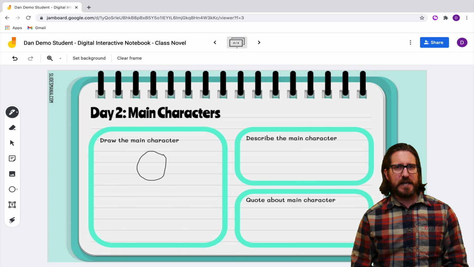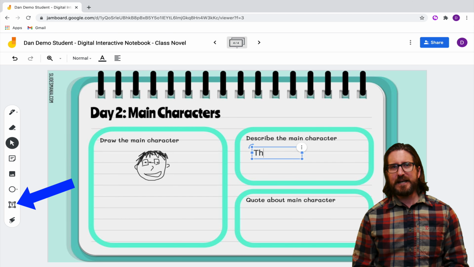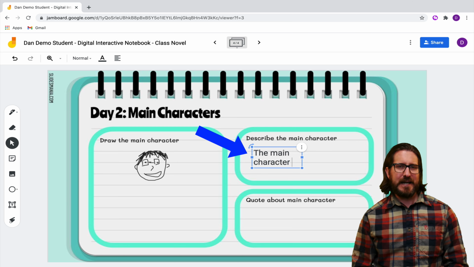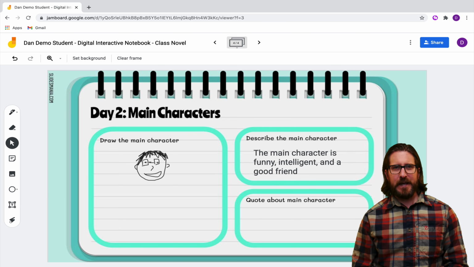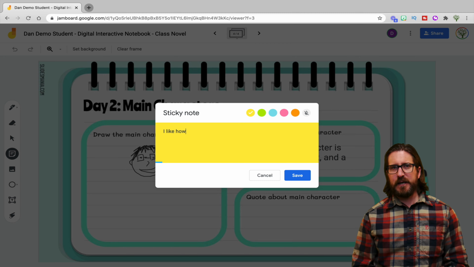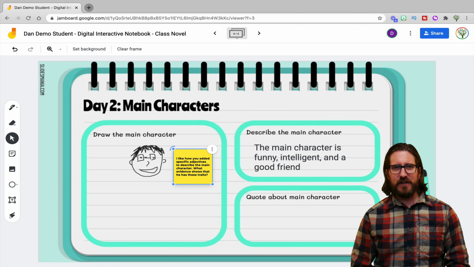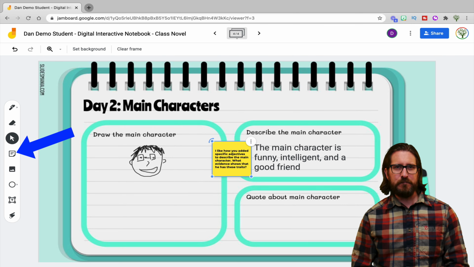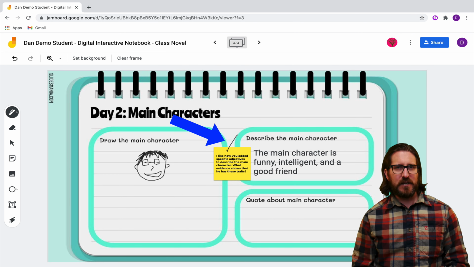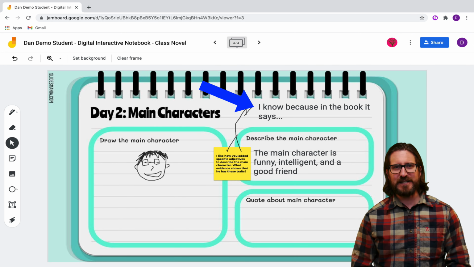You can see here, for example, that students can use the draw tool to use the digital pencil anywhere on the page, or with the text tool, they could just click and add text wherever they want it to go. Then, after students respond, you can easily jump in and add quick feedback by using the sticky note tool, and students can easily show that they got your feedback and make revisions if necessary.